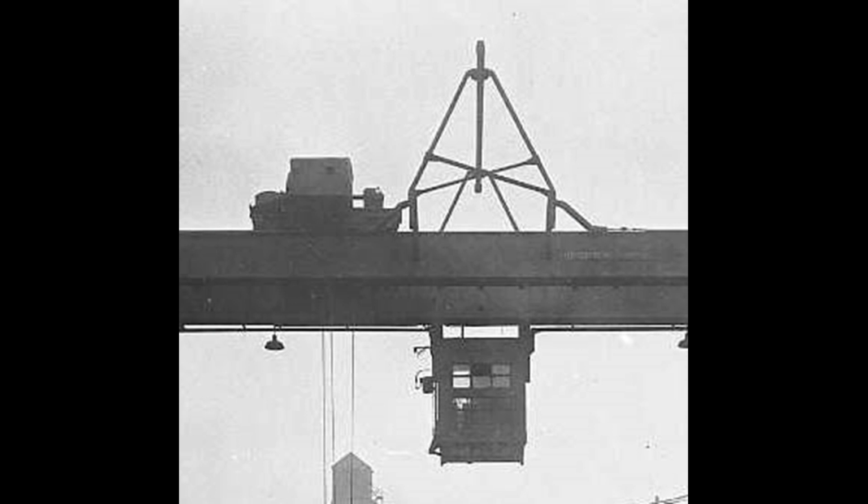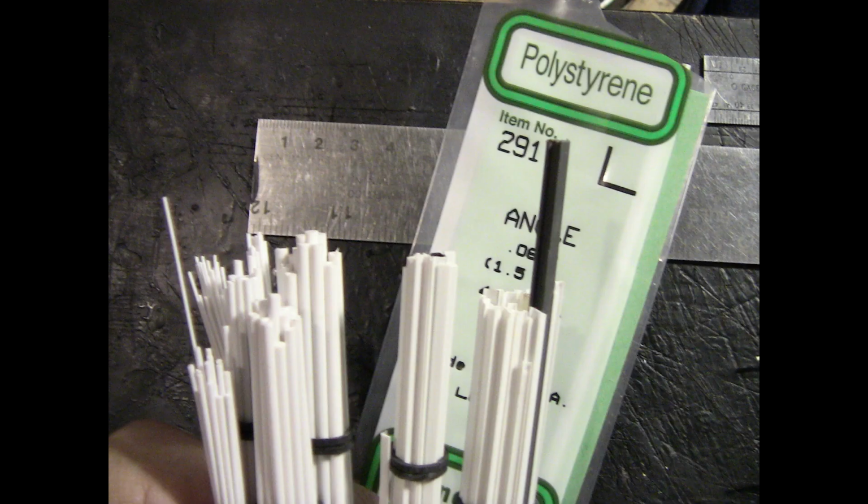Now the only thing left on this is this upper cage. I'm not really sure what this was used for. I'm sure it gives support to the brackets up above. It might have been the way to run electric lines down to that motor unit, I'm not sure. But judging by the scale I came up with, I put this drawing together on paper and then went through all my various plastic stuff and found some tubing and angles and iron I-beams and everything that I need to